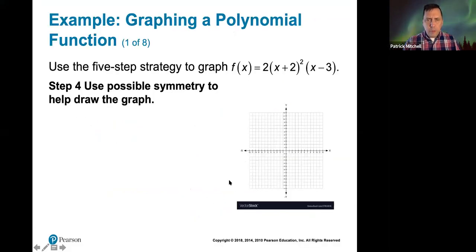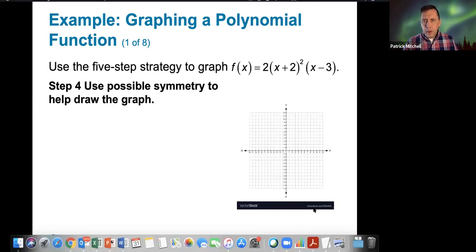We're going to use possible symmetry to help draw the graph. So, oops, spoiler. I know that symmetry was a concept that a few people struggled with in chapter 1. So one last time, I am going to go over to the tablet and we will talk just one last time about how to check for symmetry. Okay. So symmetry